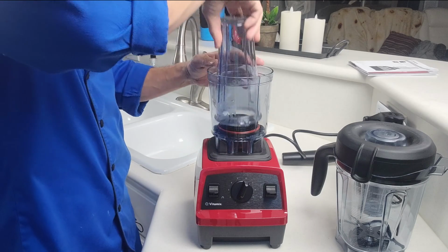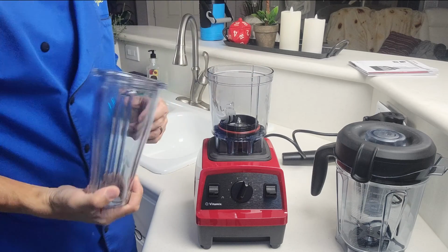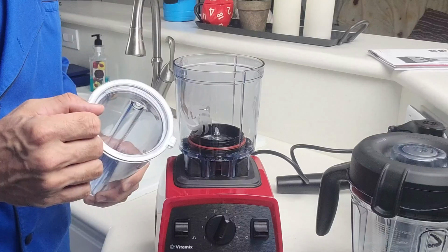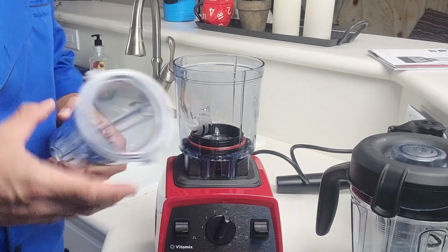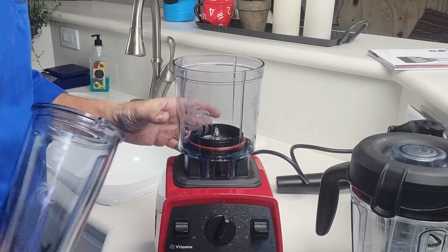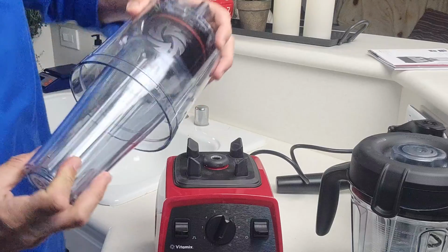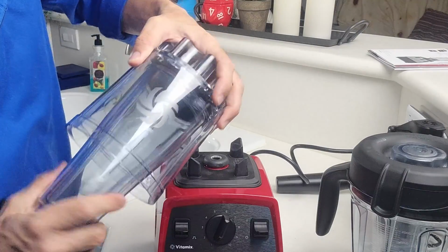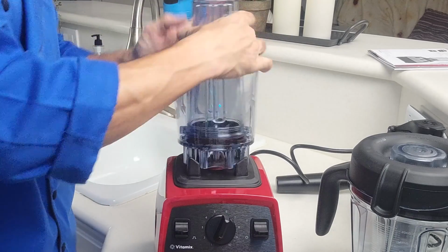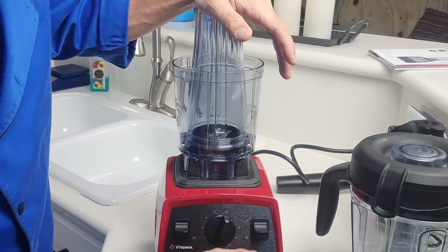So this kind of seems a little bit gimmicky, meaning that a lot of other companies that make blenders have these single serving cups, but they typically have a blade base that just kind of screws into it, and then you can just kind of stick it on right here. Maybe they couldn't do that with the way the Vitamixes are designed or something like that, I don't know. But for our purposes, we would have to put something in there like that, tighten it up, turn this over, get that on there, and